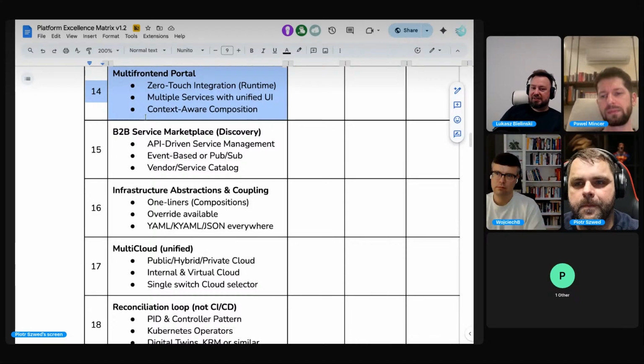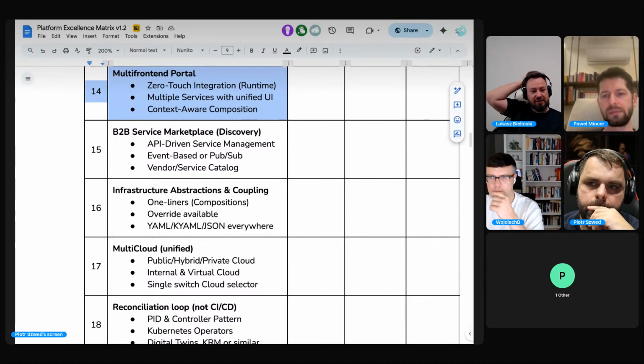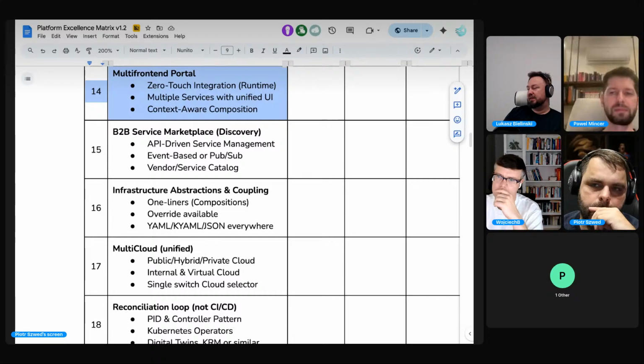I think there is a direct connection from this point to the previous ones about open source, open APIs, and so on. And we are touching here basically on what model companies are adopting the platform. So if we imagine that some enterprise is buying some ready-to-use product, there should be some ready-to-use front end.